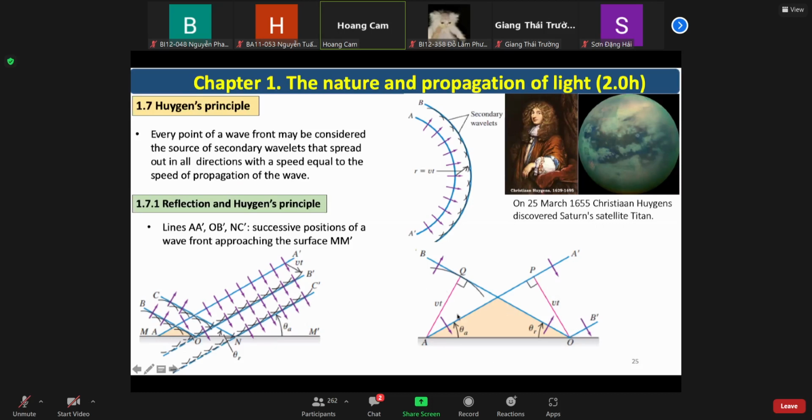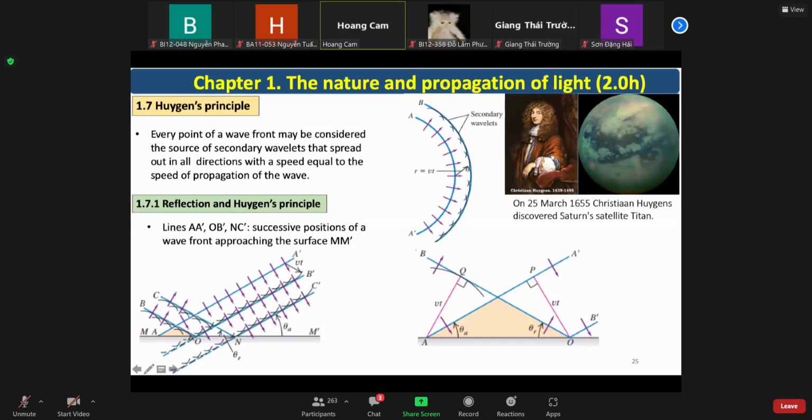Also for the reflection, we draw from A to the first wavefront, OB, and then we see the distance is AQ. So OP and AQ, because the light travels in the same material, so the velocity is the same, V. OP and AQ equal each other and equal V multiplied by D. We got here, so if we look in this figure, two right triangles, OAP